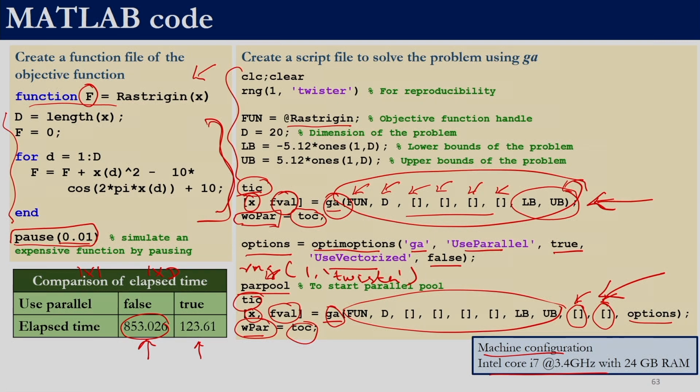So, this is how you can use the inbuilt feature of parallel computing for the inbuilt optimization solvers of MATLAB. In this session, we have seen 4 features, right. First, we started with the options feature, then we looked into the output function, we followed it with vectorization of the objective function, and then we discussed parallelization of the objective function. Here we have demonstrated it for GA, but this discussion holds good for many of the functions which we have seen earlier. With that, we will conclude this session. Thank you.